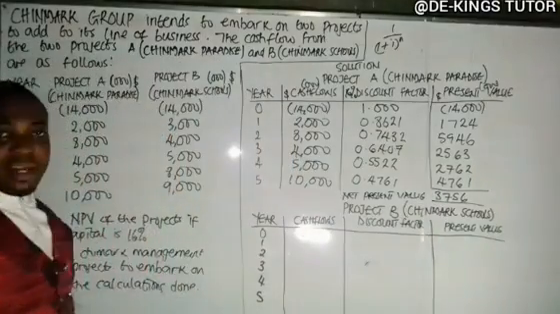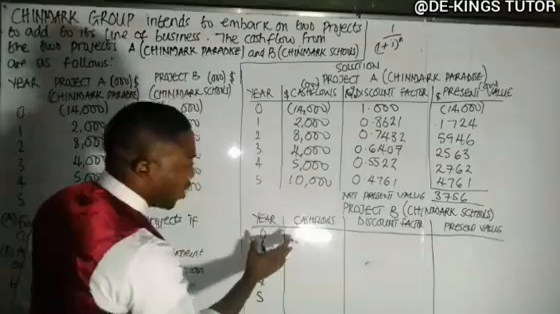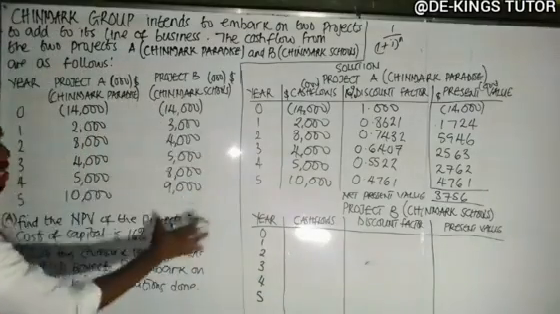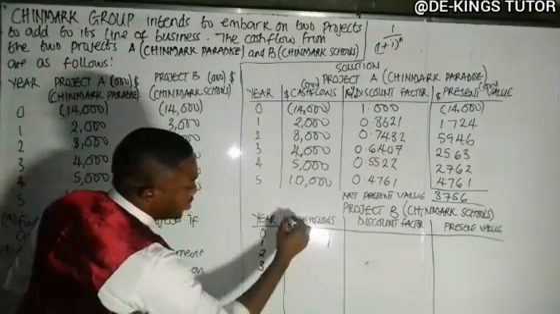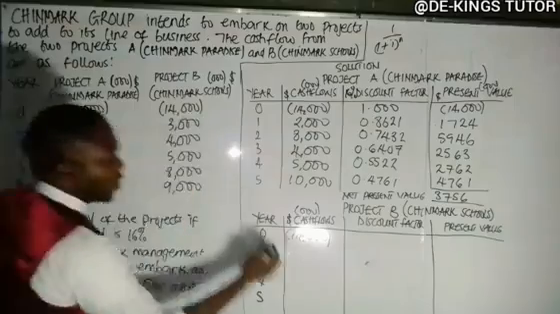Net present value. That's for project A, for the CHINMARK Paradise. Okay, the next one, project B, the same way, our cash flow, write down the cash flow. The cash flow is 14 million. Remember, it's in dollars. Next one, 3,